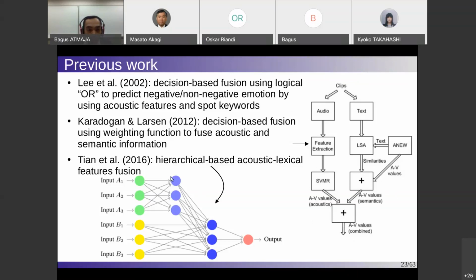So here in their proposal, A is the acoustic feature, B is the linguistic feature, and they input the acoustic feature to the first layer and then the linguistic feature to the second layer. And the fusing is conducted here in the second layer, in a different stage, at a different level. So that's why they called it hierarchical fusion. They also refer to psychology-based evidence claiming that humans also use similar methodologies.